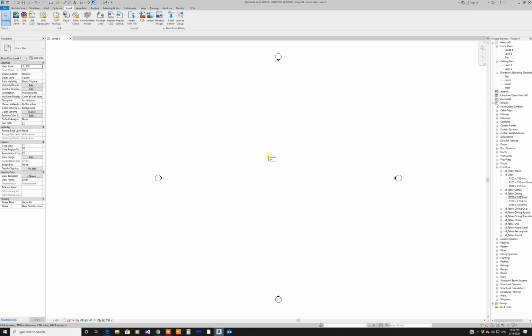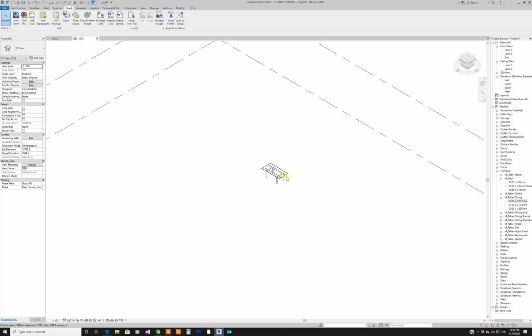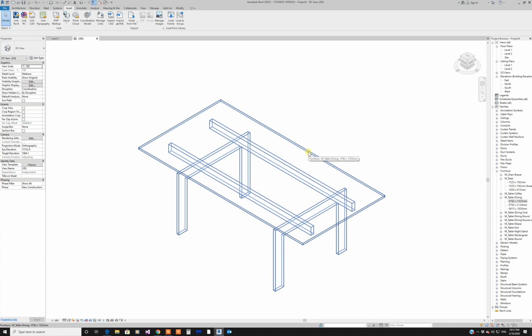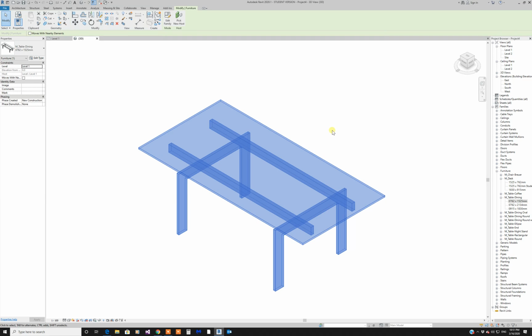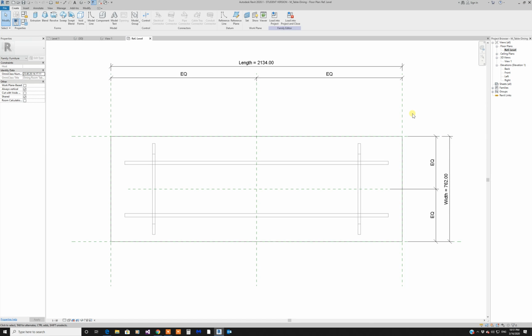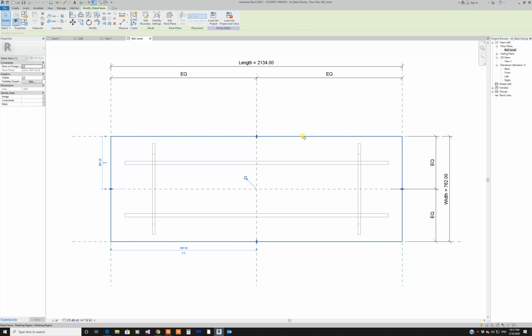Now, this may be enough for a certain project, but for me, instead of creating from scratch, I just want to modify this to suit my requirements. So if I select this table, I'm happy with it, but I need to make a few modifications, let's say to the top. So I'm going to edit this family. I'll look at it here on a reference plane, and I will select